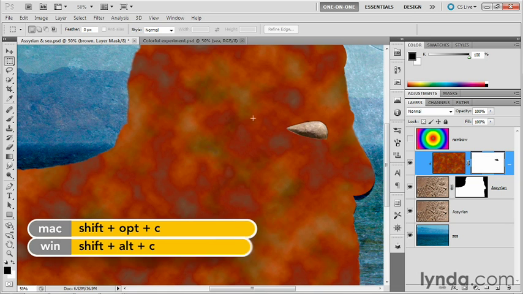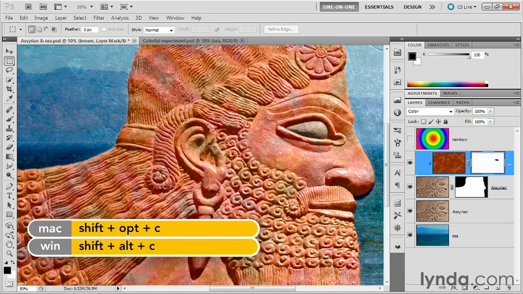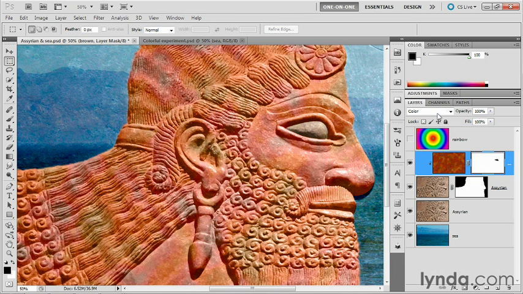I'm going to press Shift Alt C or Shift Option C on the Mac to switch this layer to the color mode. And that goes ahead and colorizes this entire guy with the exception of his eye. That's the only thing that's not getting colorized here. All right, now I want to colorize his